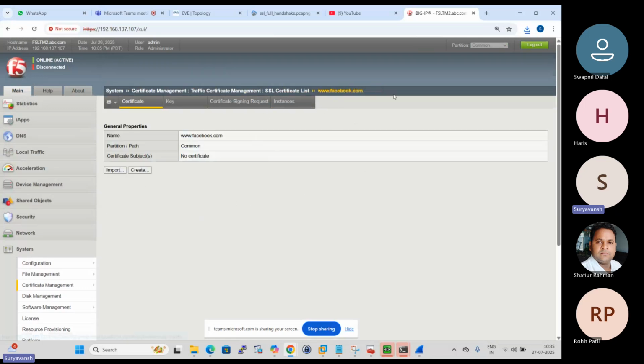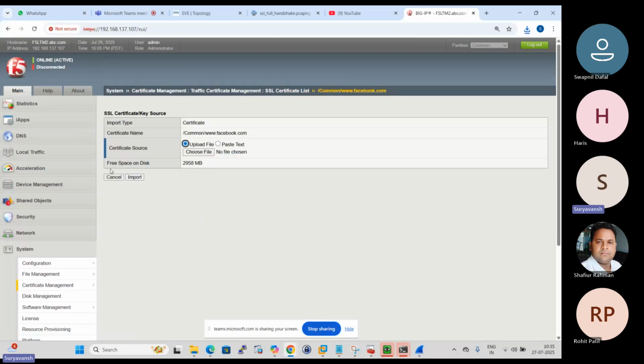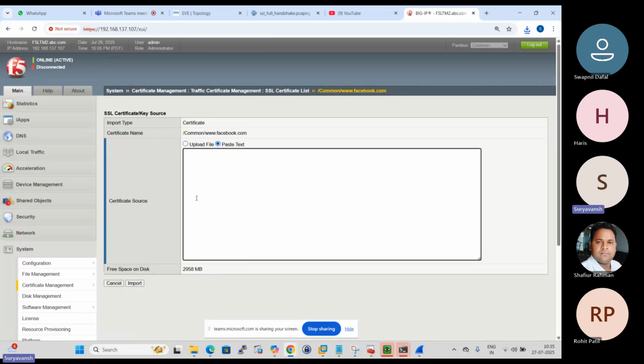Once we have got the certificate from the well-known CA or client, then we need to click on import here. And there are two options to import the certificate. First one is choose the file, but just consider the certificate is not in proper order. Then we need to use paste text here, and paste our certificate. Then click on import. While doing that, our certificate will be imported on our F5 load balancer, and then